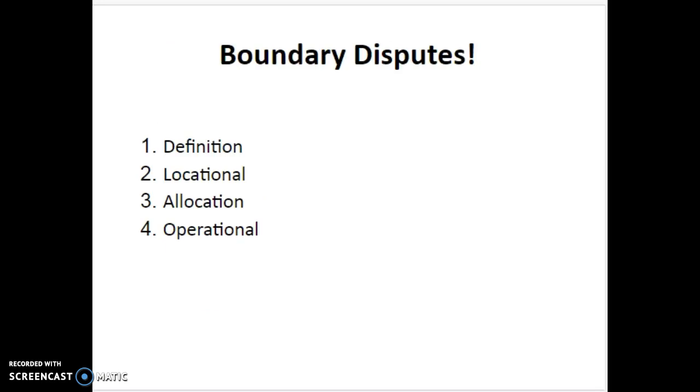So off to the side, and there is no slide, so hold your freak out moment. I just want you to write 4 words because in AMSCO, I believe you also read a little bit about boundary disputes. I want to make sure I just kind of interweave this vocabulary best I can, just in case there was an FRQ question on it. So talking about boundary making, we can obviously understand that that is a process and it can cause conflict. So for boundary disputes, just using the correct terminology, which we'll start explaining and make more sense, we have definition, we have locational boundary disputes, allocation boundary disputes, and operational boundary disputes.